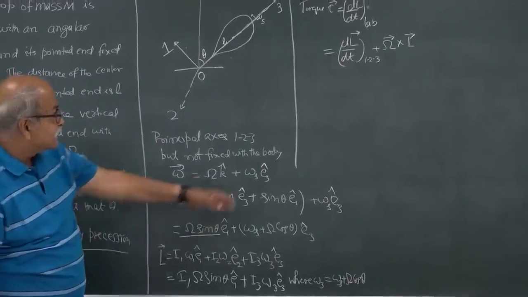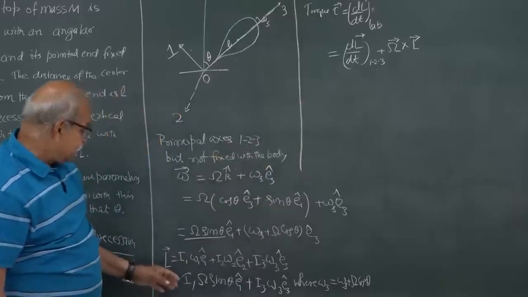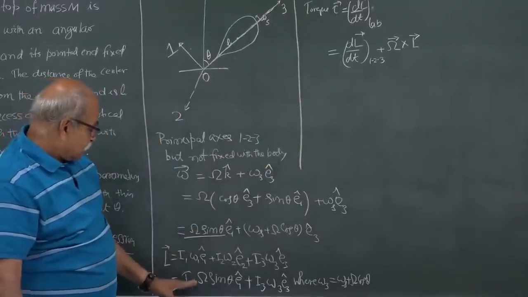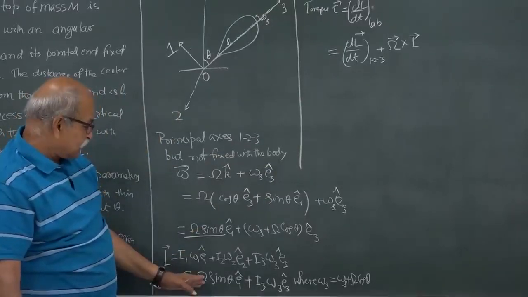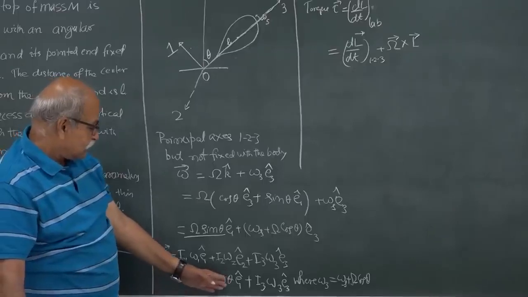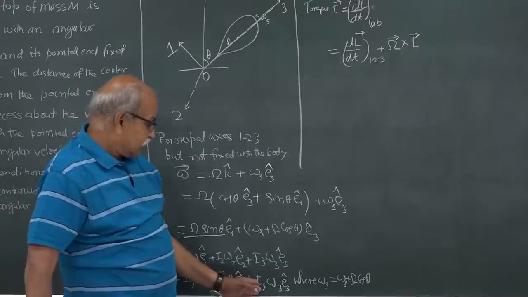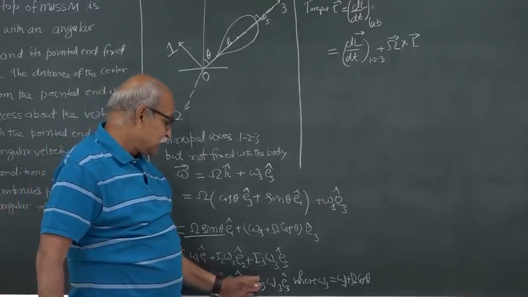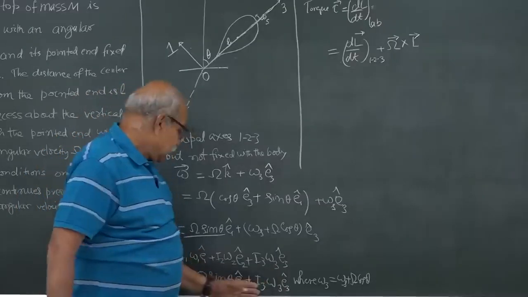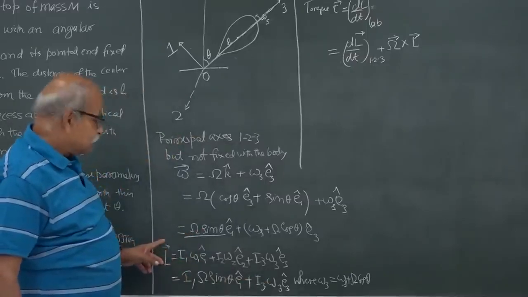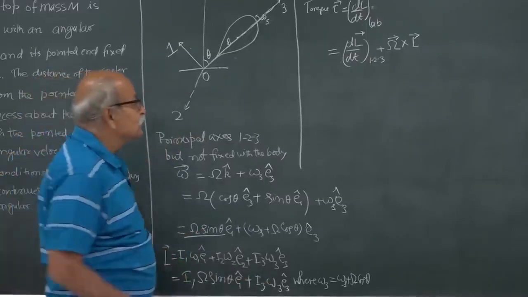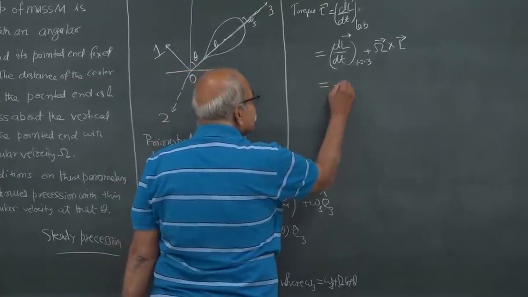So, what is this dL/dt? This is constant, this is constant, this is constant. So, this component does not change with time, this component does not change with time. So, in this 1 2 3 frame, dL/dt is 0, and so it is just omega